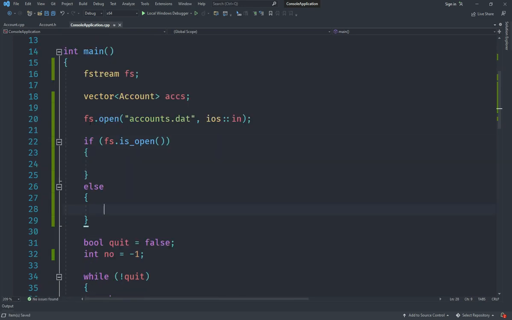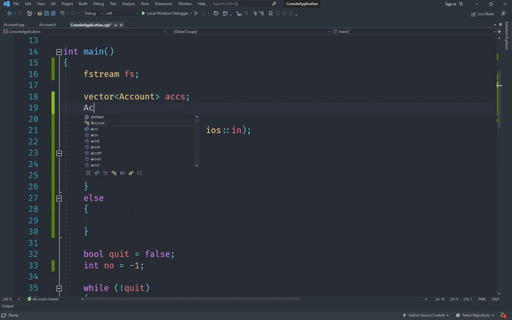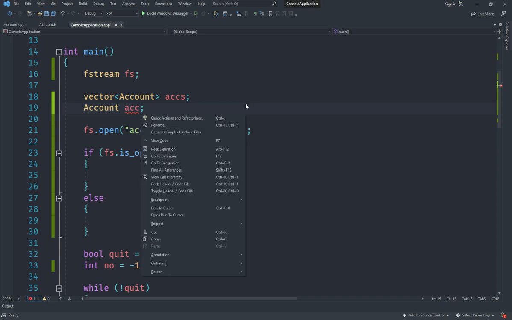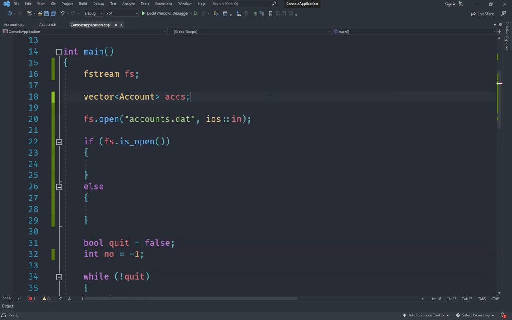So if this failed, then we are going to do the thing that we did previously. So after we have got a vector of accounts, I'm also going to create a single account here called just acc, I guess. And then, okay, why doesn't that work? Okay, because we need to provide it with a bunch of stuff. All right, this is a bit of a problem, but we'll fix that in a second. So if this file is not open, then we want to, actually you don't do that. We just want to create a double here called